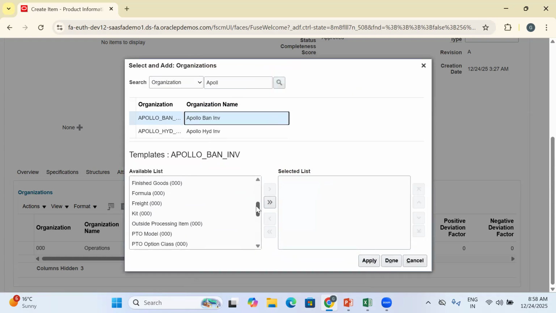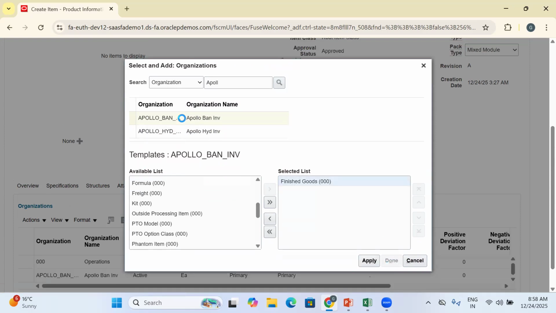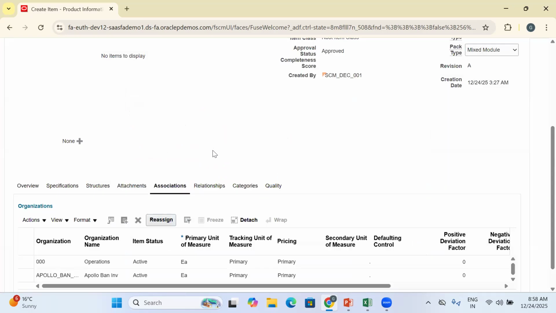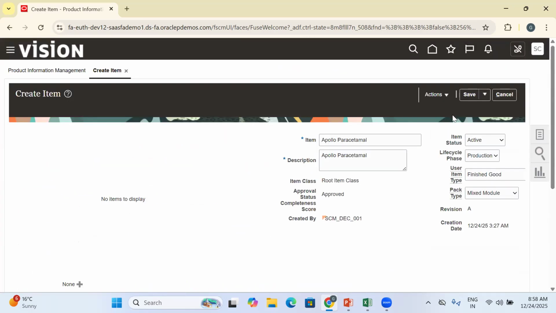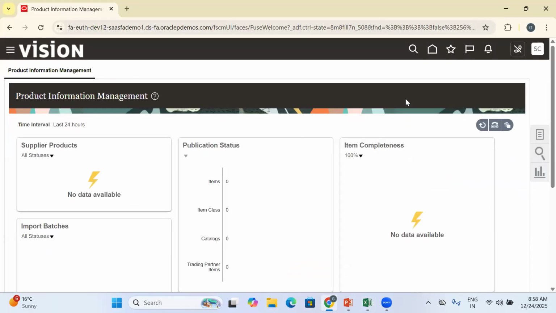Okay. So how is it coming? We are already at the security level. We are providing this Apollo Bangalore. So based on that condition, Apollo Bangalore is coming here. Okay. Save and close. Now Apollo Paracetamol is created. Item also created. Okay. Now